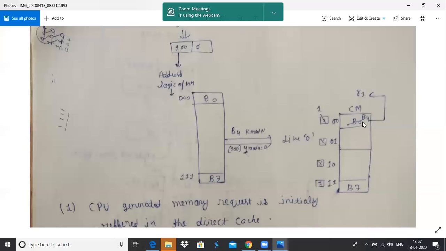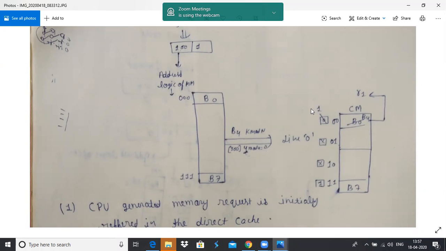B0 will be replaced and B4 will be transferred from main memory to the cache memory at line number 0, because 4 mod 4 equals 0. It will be mapped to line number 0 and the tag value becomes 1.